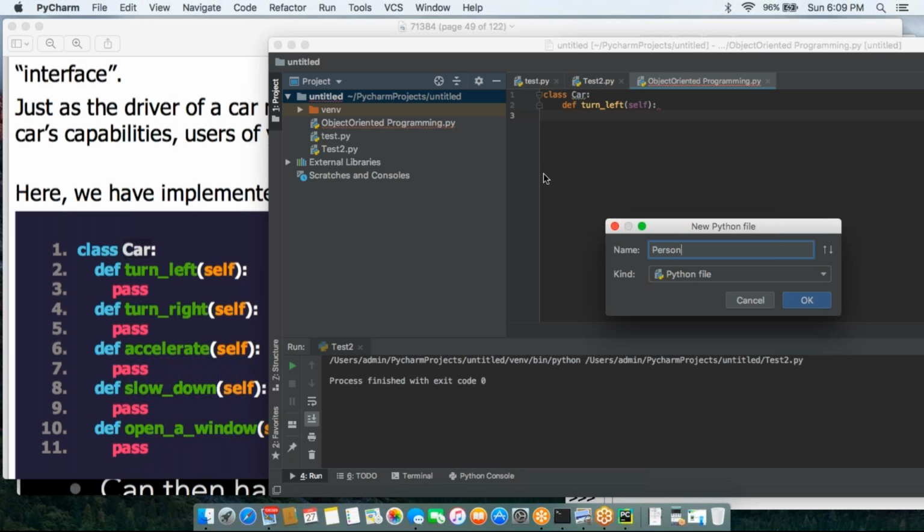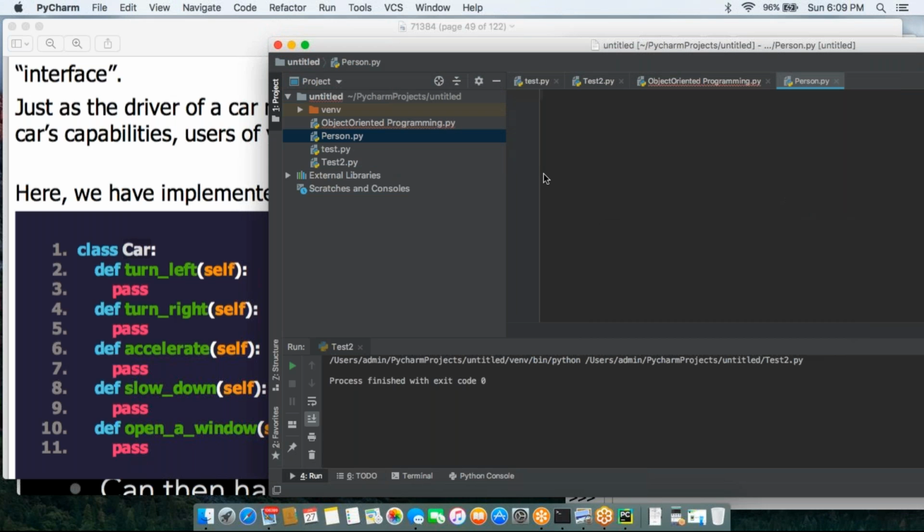I am writing P as a capital letter because I am going to write a module. Each and every file in Python is known as a module. Inside this module, I'm going to create one class, Person. Now I'm going to write one method, def